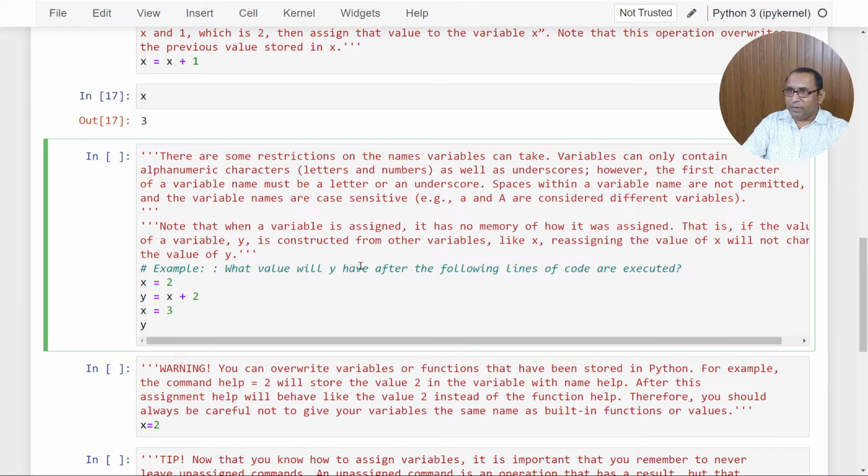Note that when a variable is assigned, it has no memory of how it was assigned. That is, if the value of the variable y is constructed from another variable like x, reassigning the value of x